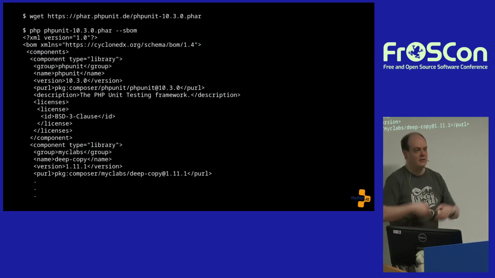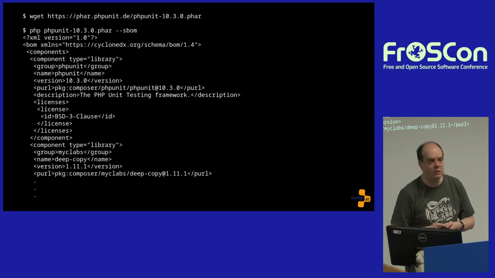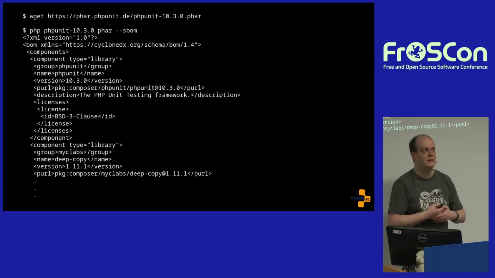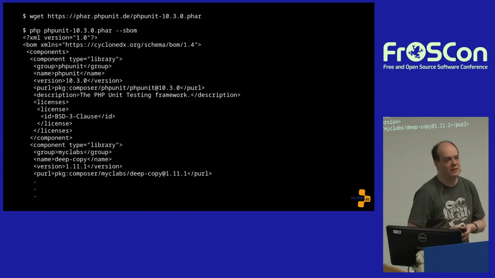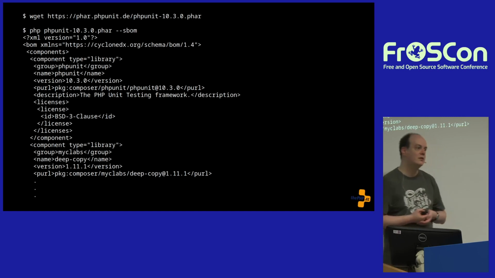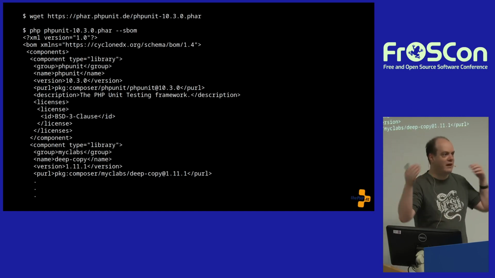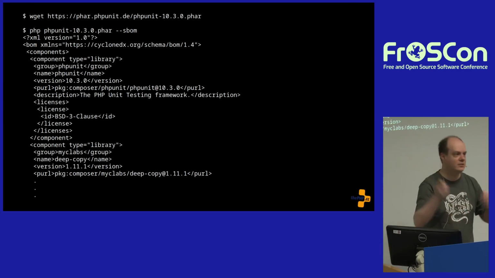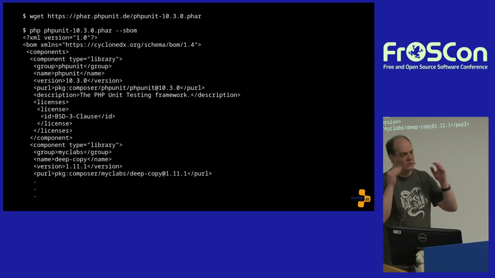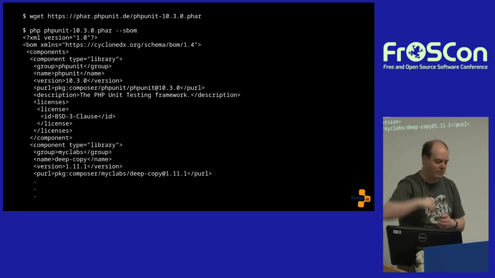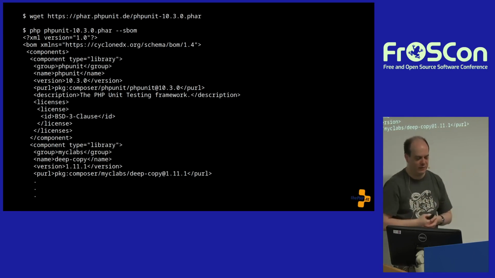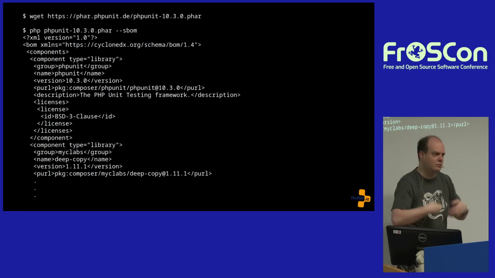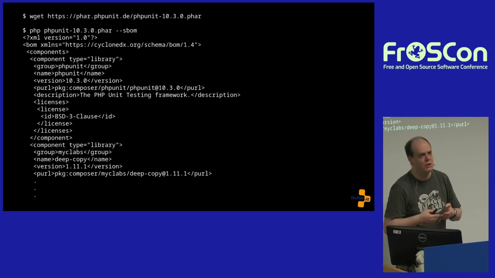Yeah, and this is what such an SBOM can look like, because of course when a problem becomes a problem very suddenly, you get a lot of competing standards. There are, I don't know, at least 5-6 different standards right now in XML or in JSON or in XML and JSON or whatever to describe the contents, in terms of supply chain and software bill of materials, for a piece of software. And we are getting tools to create those, and we are getting tools to do hopefully useful things with this information.